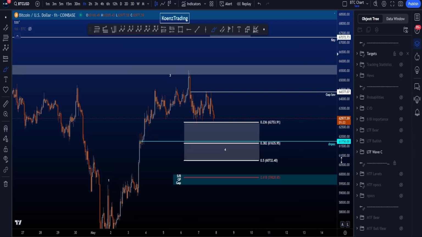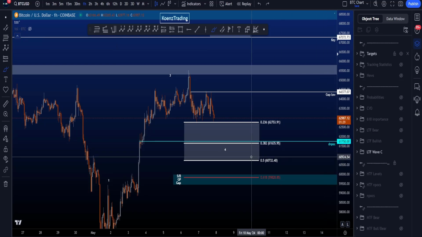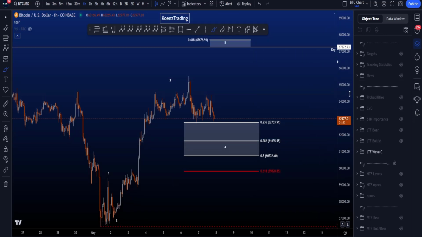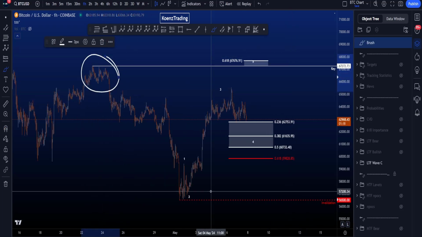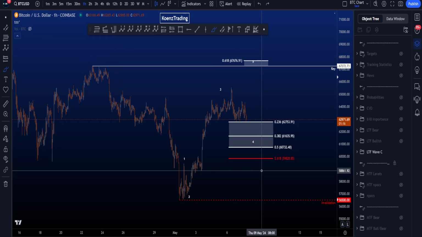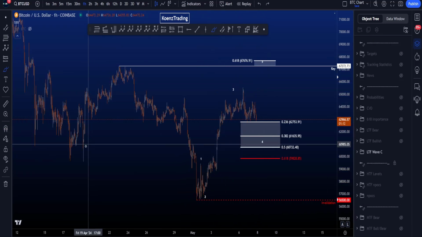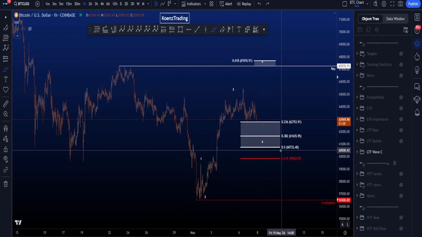Inside this target area for wave 4, we have the daily naked point of control as important support, 61.7k. After this wave 4, we're going to be looking for price to move towards the upside in a wave 5, preferably moving above the highs here at 67.2k because of the scenarios on the 4-hour time frame, where this impulse to the upside is then part of a wave A, B, and then a wave C in an expanding flat